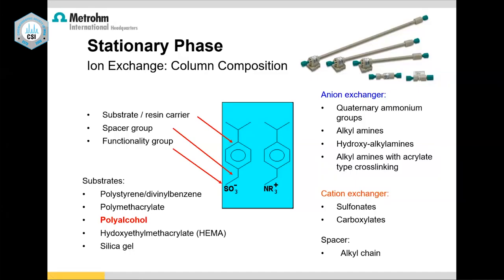Now coming to the substrates. We have different substrates, right from polymer to silica. The best is polymer because you have a wide chemical range, as it works in all pH between 0 to 14, but it has poor mechanical strength. It cannot take higher flow rates or higher pressures. But silica is exactly the opposite. It has good mechanical strength, but poor chemical strength because your pH range is restricted to 2 to 8. That is a problem. So we have a choice, and you can always choose which one you want. This is with respect to the column.